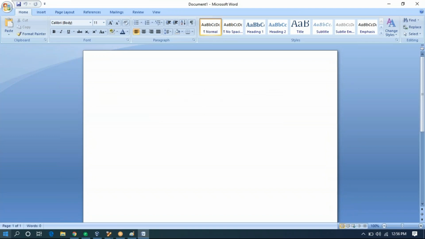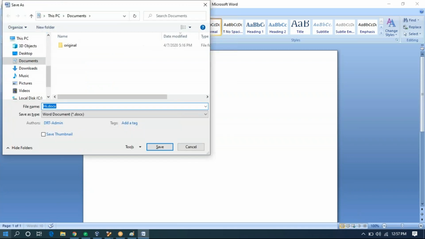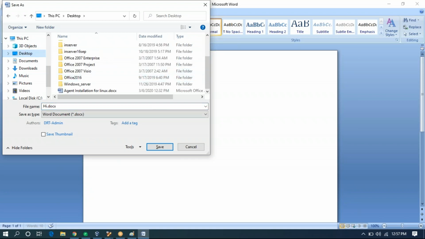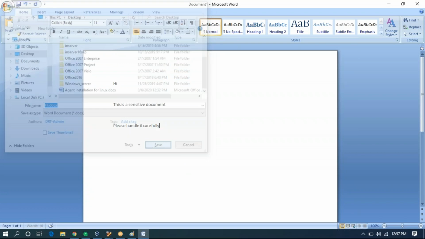We will create a Word document with sensitive information. So we have a doc file with hi.docs saved.